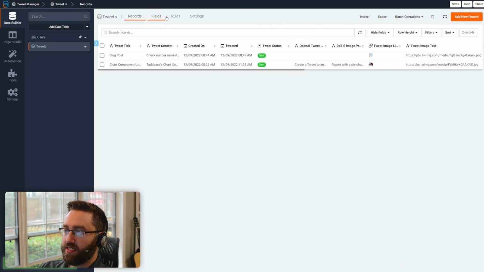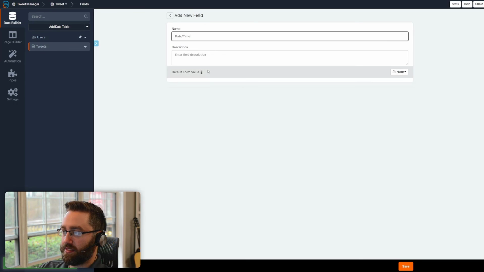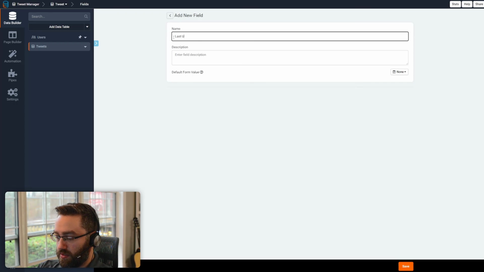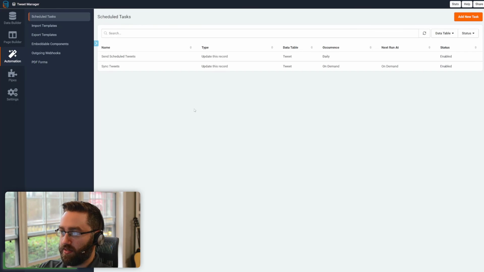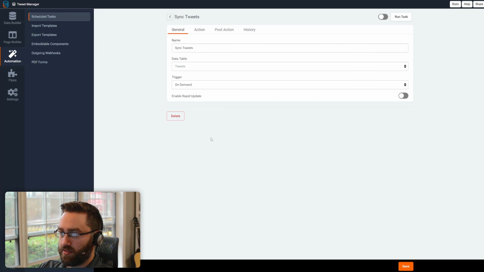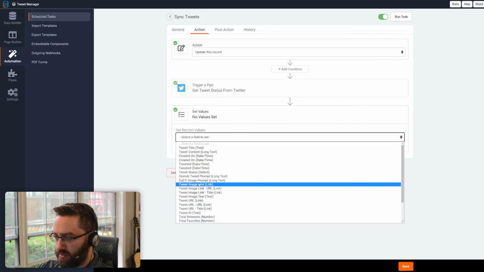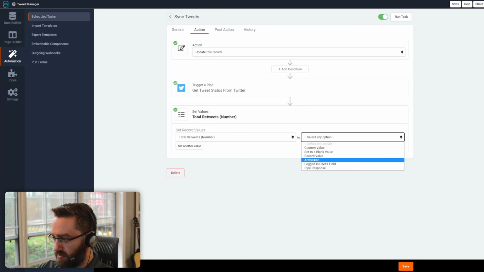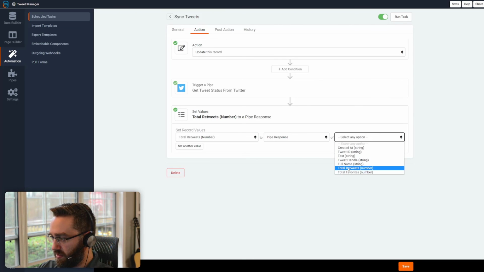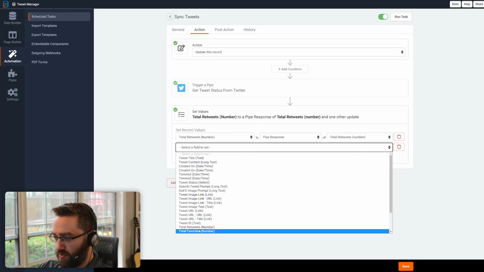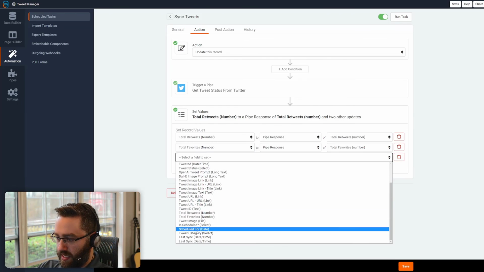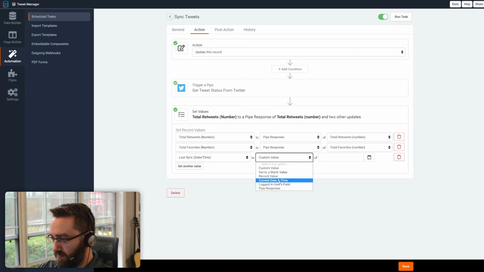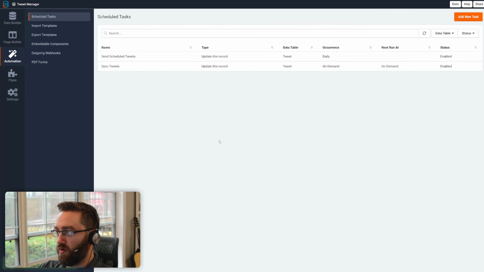Let's go do that now. We're going to set a date time field to last updated, or we'll say last sync is fine. And go back to automation, the sync tweets, and we're going to set total retweets to a pipe response of total retweets, total favorites, pipe response, total favorites, and we will also set that last sync field to a current date and time so that we know when this has been